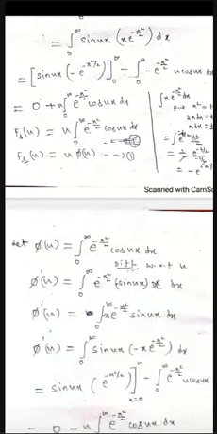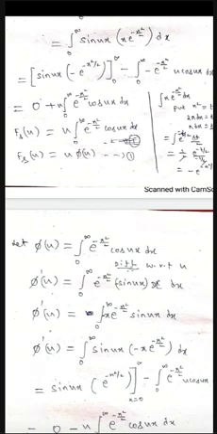Now Fs of u becomes u times phi of u. I just name it as phi of u. That phi of u is nothing but integration from 0 to infinity e power minus x square by 2 cos ux dx. In the place of that, I have written phi of u. And let me call it equation 1. Now you have equation 1, that is Fs of u equal to u phi of u.